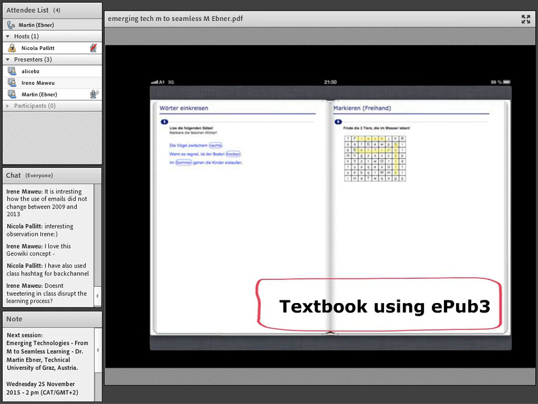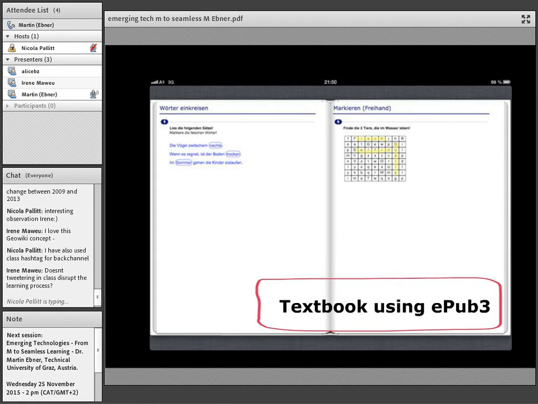And of course, you can't collect all the tablets and take a look. And therefore, we have a web program where you can, for example, click on your ebook, and we are sending the result from each device to the web platform, and your teacher can see where the children are currently, or what the state is, and what they have already done, and what is correct or not, and so on.